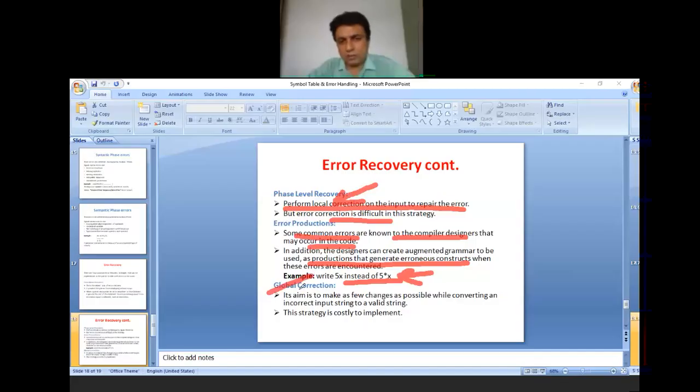Now the last error recovery method is global correction. It aims to make as few changes as possible while converting an incorrect input string to a valid input string. This strategy is costly to implement.